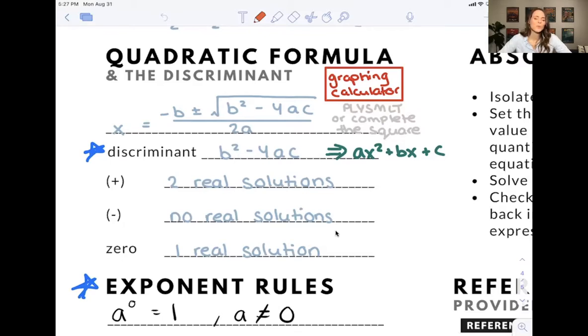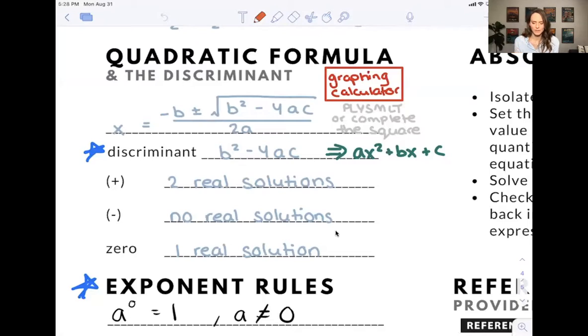The SAT won't really ask you to use the discriminant. It won't explicitly state, hey, please use the discriminant to answer this question. Instead, you will see little clues. And those clues will be, which one of these gives no real solutions? Or which one of these gives 1 real solution? So whenever I see the number of solutions mentioned in an SAT question, I'm immediately thinking, I'm going to need to